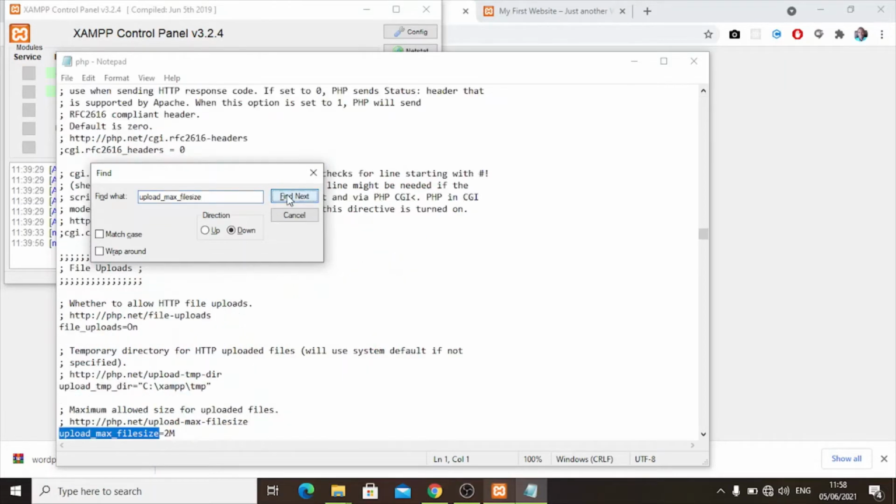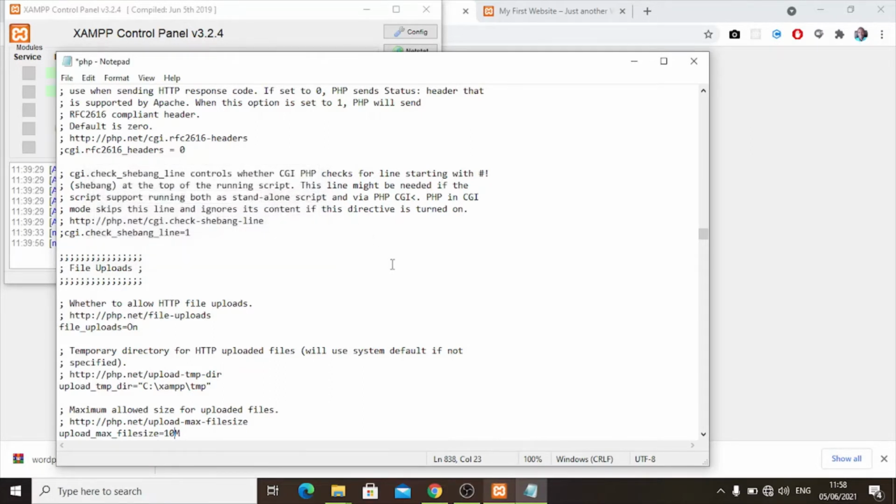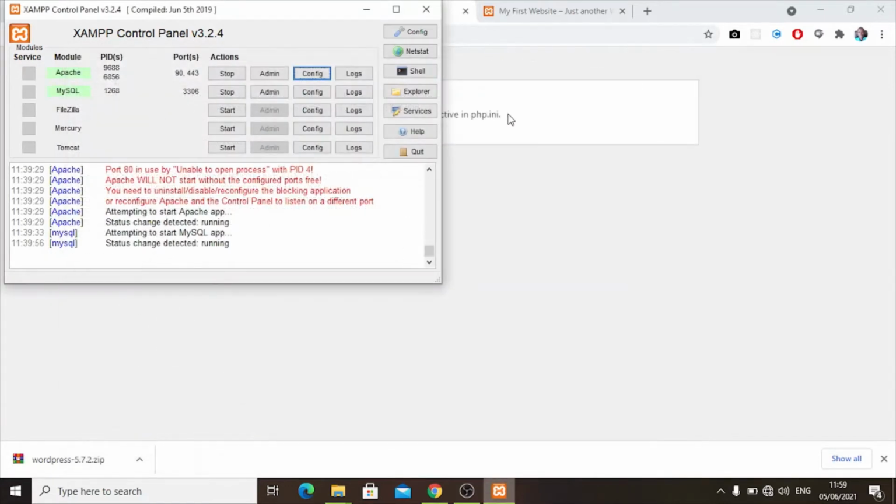We want to look for this and increase this size, say to 10 MB, for us to be able to load our theme. So this 10 megabytes can allow us to install a bigger file of our theme than the 2 megabytes that was initially configured. So let us save, then go back to our